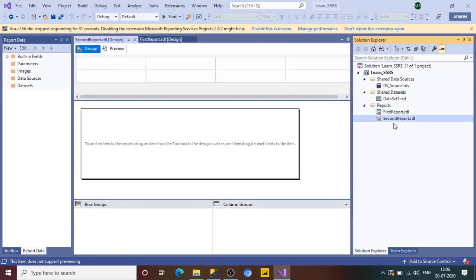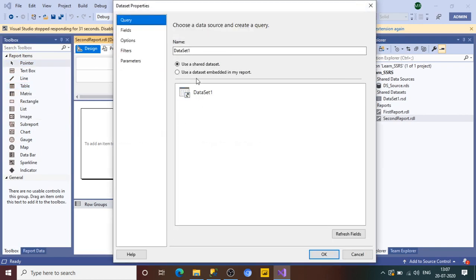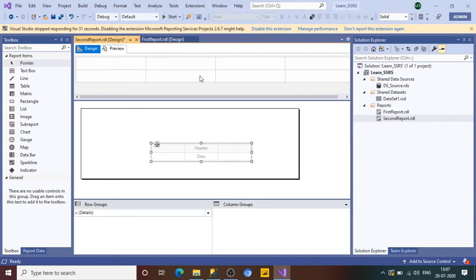See, the second report has been created, and for the second report, you see the data source is blank, the data set is blank. Okay, because it is asking us to create an embedded one. So this is specifically for the report level data source and data sets. But when we create any report, let me drag one table here. Okay, and now it is asking me, do you want to use the shared data set? So that means shared data sets and shared data sources are on project level. Okay, and embedded data source and embedded data set are on report level. So this way we can create.